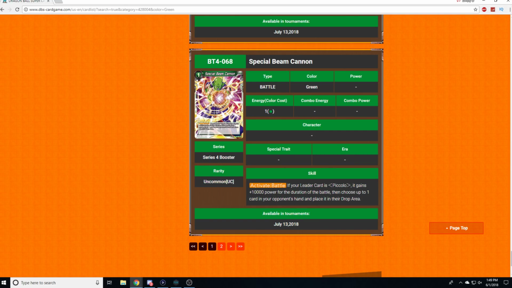If your leader is Piccolo, it gains 10,000 power for the duration of the turn. So this card only works if Piccolo, your leader, is being attacked. Then choose up to 1 card in your opponent's hand and place it in the drop area. Okay, so a little bit of...